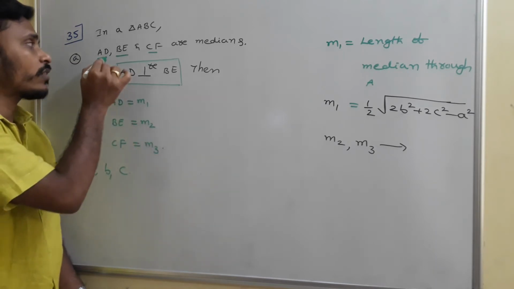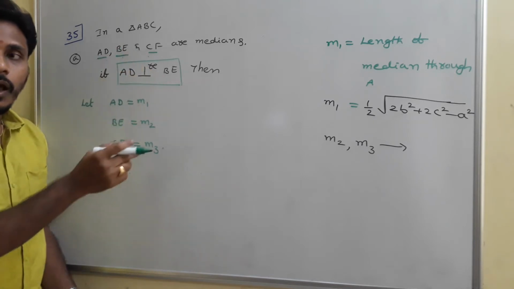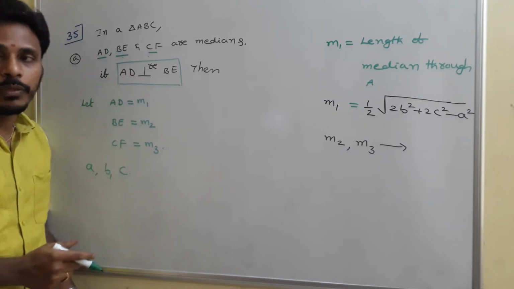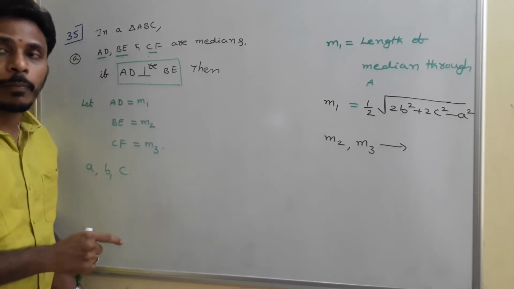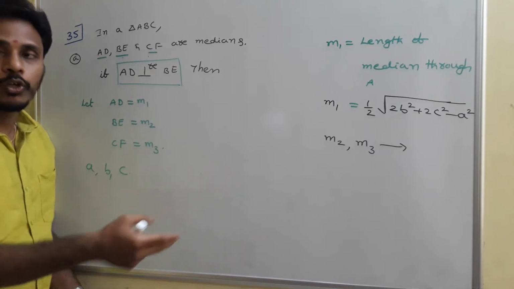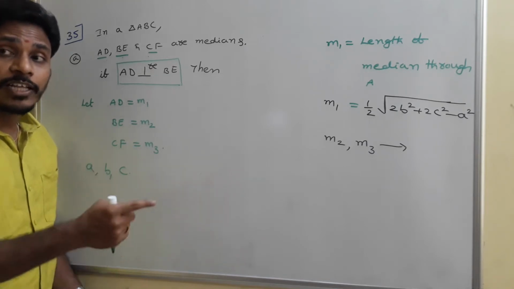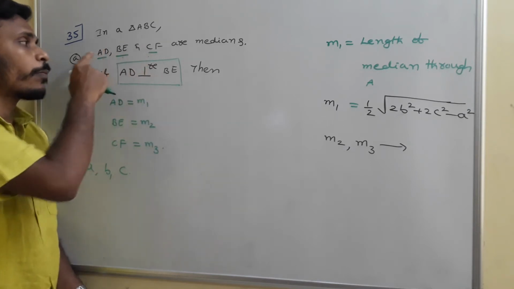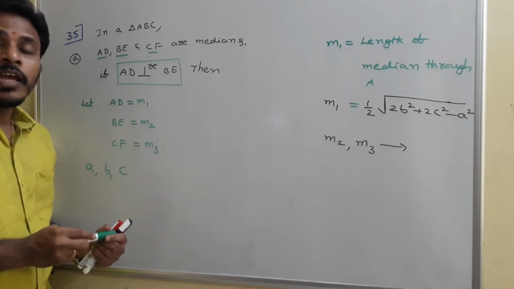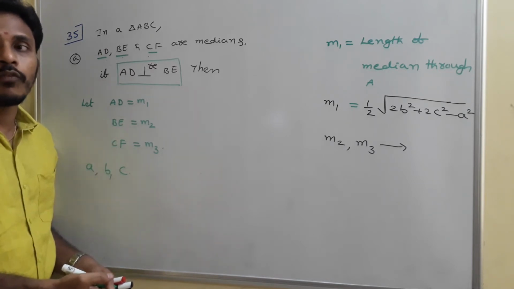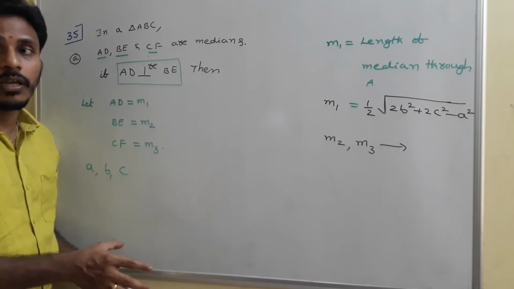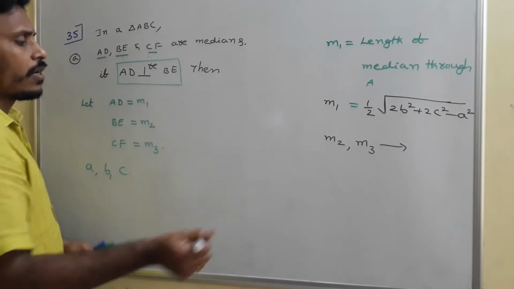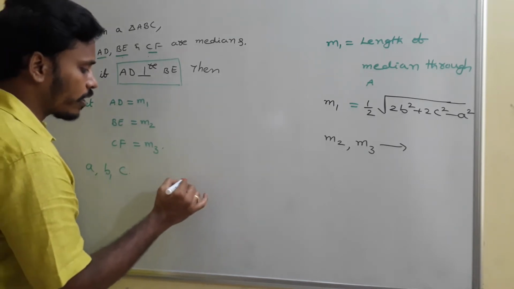What it means? There are three medians AD, BE, CF. Now we are discussing the possibility when AD is perpendicular to BE, the first median and the second median. If they are perpendicular, what is going to happen? In the same way, there is a chance to discuss if BE is perpendicular to CF and if CF is perpendicular to AD. Since there are three medians, if any two medians out of those three are perpendicular, what will happen? That's what we need to think. And for that, first of all, you need to consider a triangle and its medians, locate the centroid and everything. Okay, so just look there.